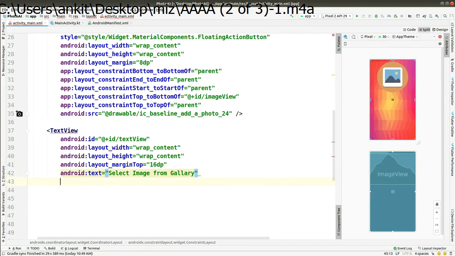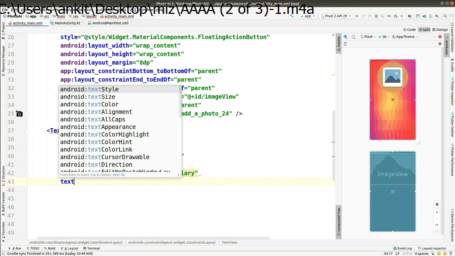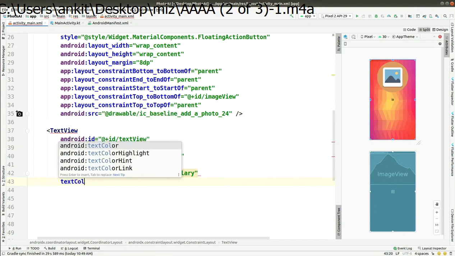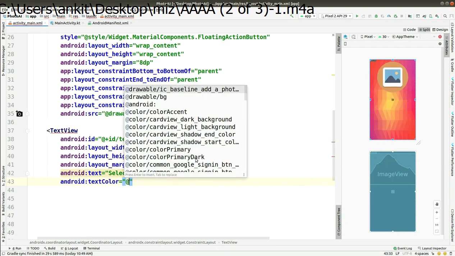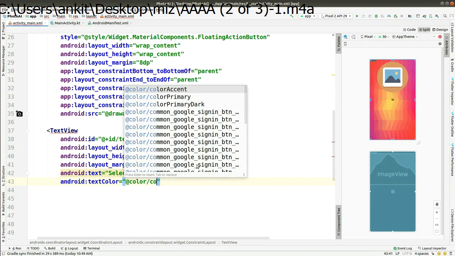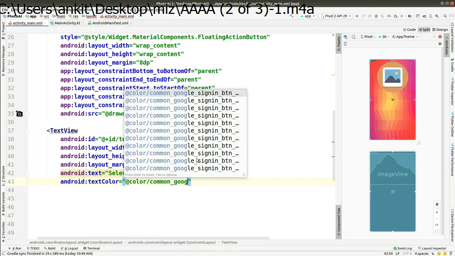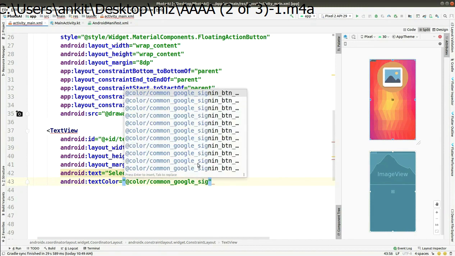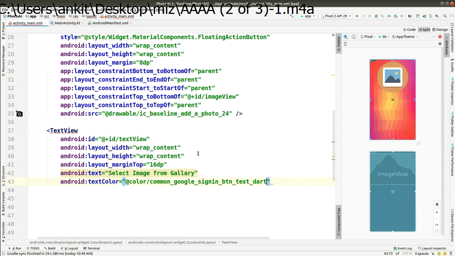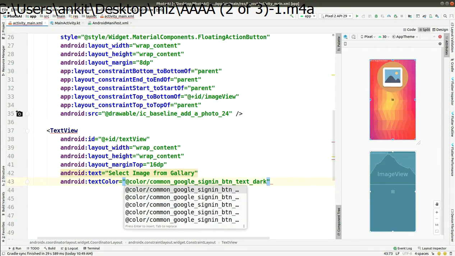After that you have to add the text styling like text size or text style, but first of all text color, and take that color from the color library and just type the following, as I'm taking a different approach now. I'm not using the hex codes, I'm just taking from that library.